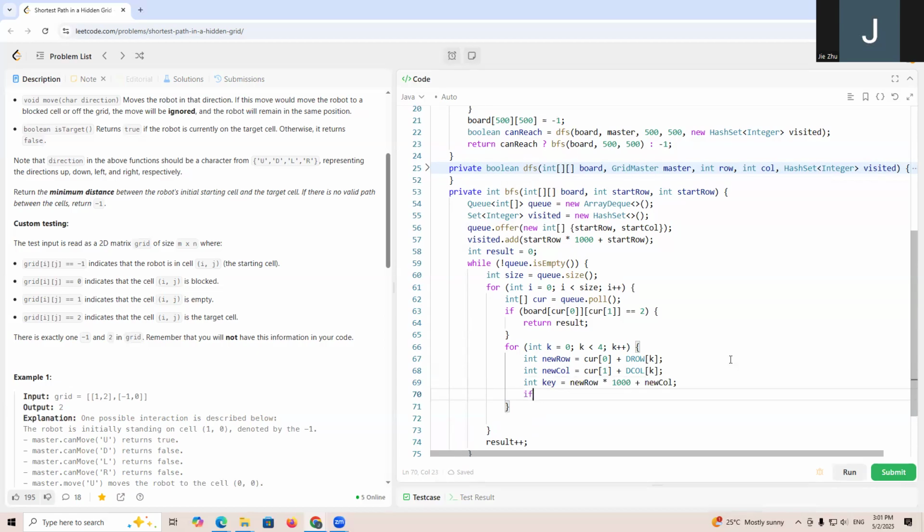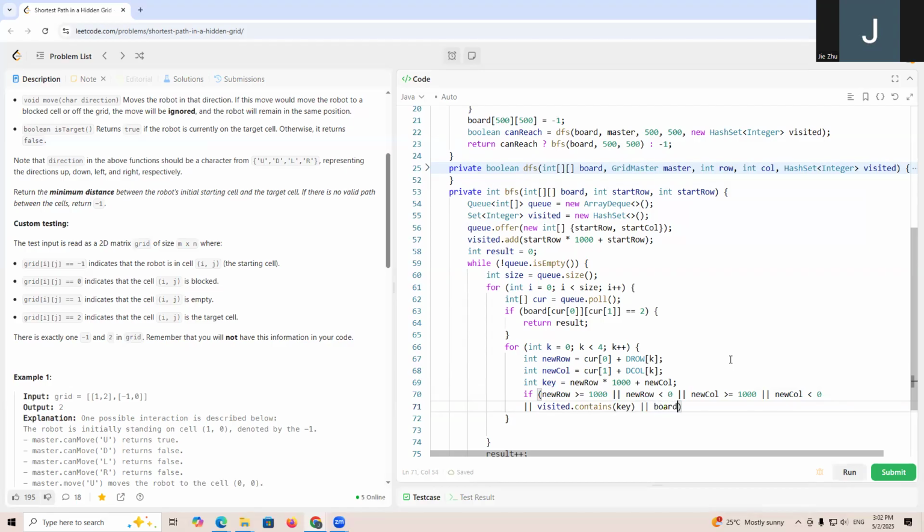So if new row is greater or equal to 1000 or new row smaller than 0 or new column is greater or equal to 1000 or new column is smaller than 0, or visited contains key, right? Or